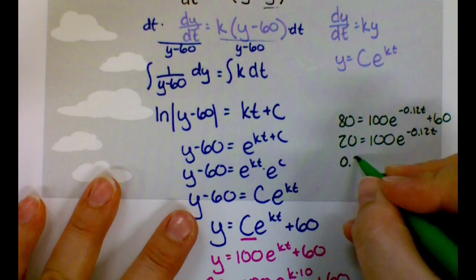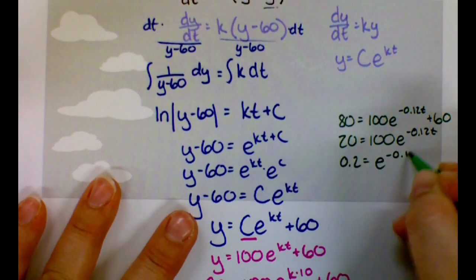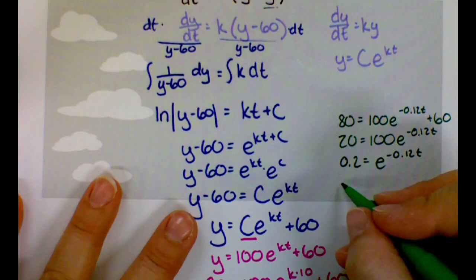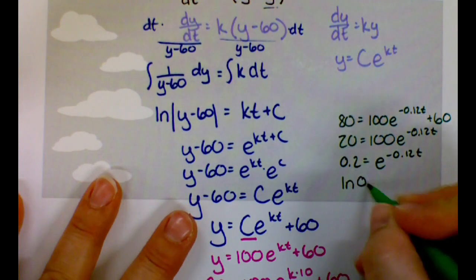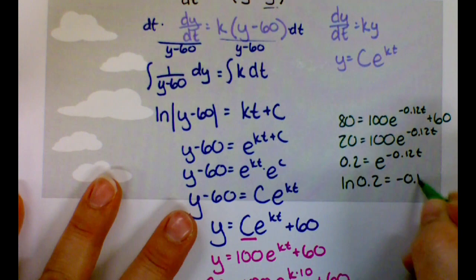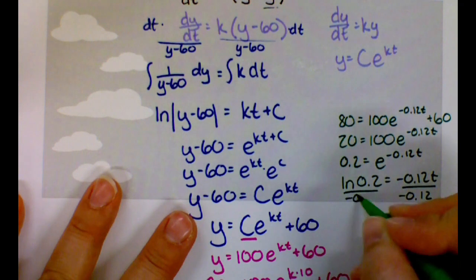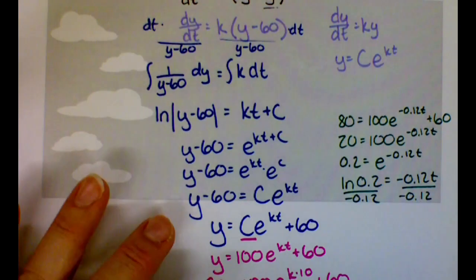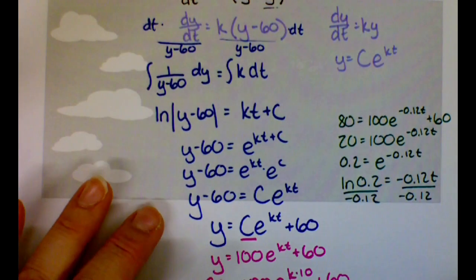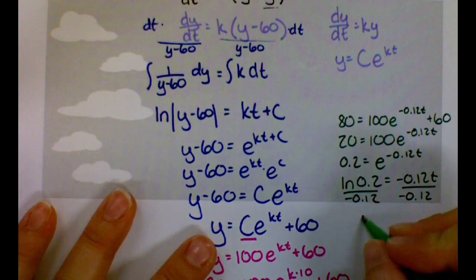Divide by 100. Natural log. And divide by negative 0.12. So natural log of 0.2 divided by the second answer, t is